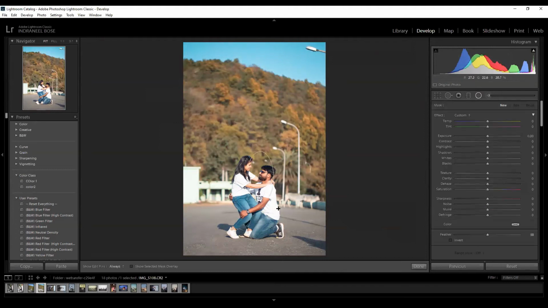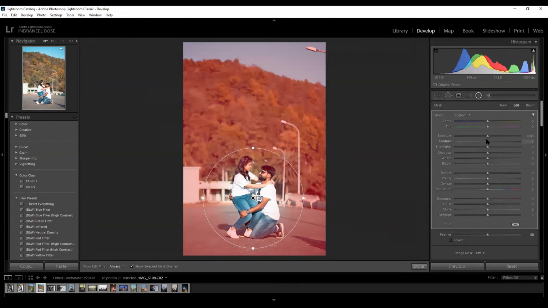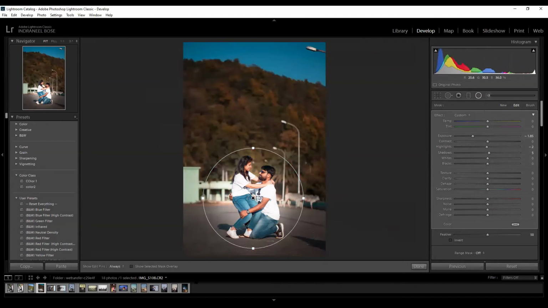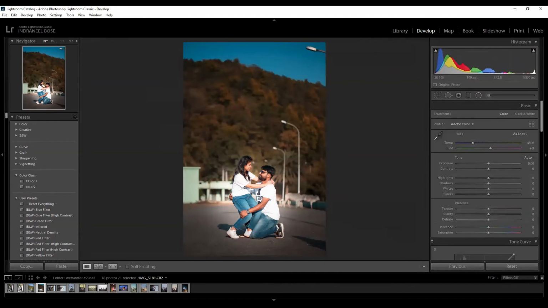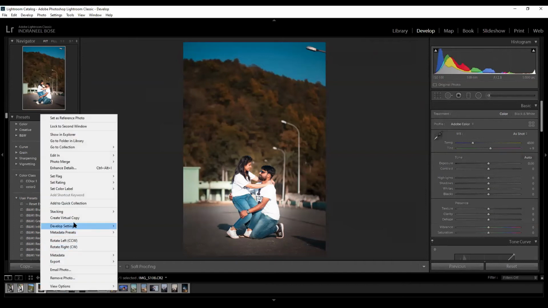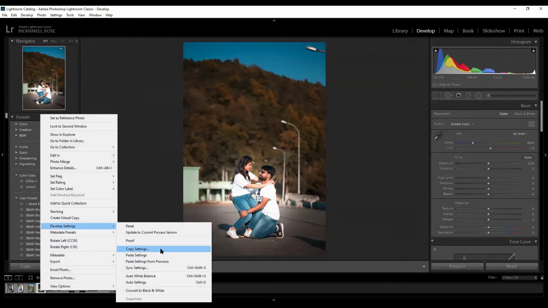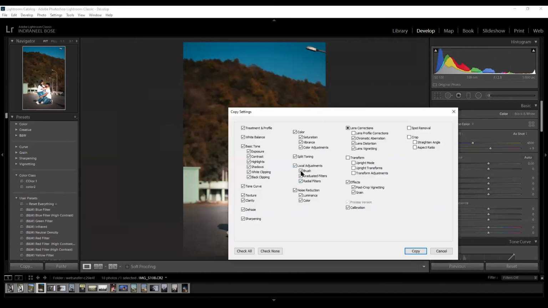Now this is an effective way. Now let me take one radial filter, invert outwards. Let's see. Okay, let's pull out the shadows a little. Now this is an image. Okay, done. Now let me go to the copy settings. Copy the settings in develop setting and put on these three. I have taken a radial. I will use a radial. I will avoid the brush copy.